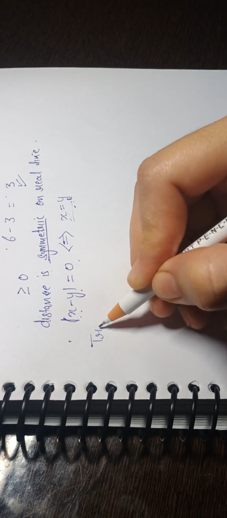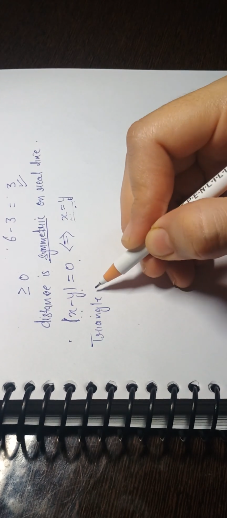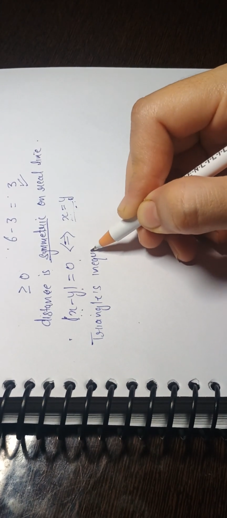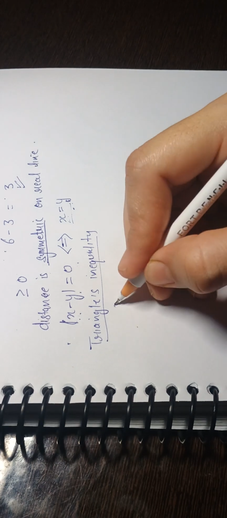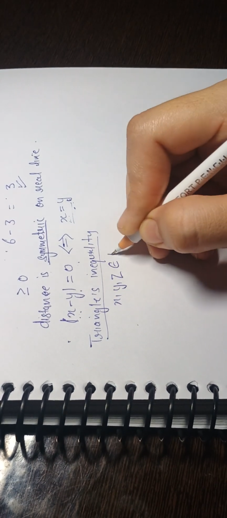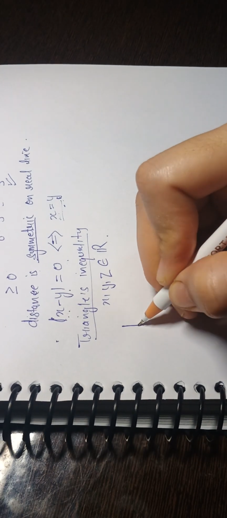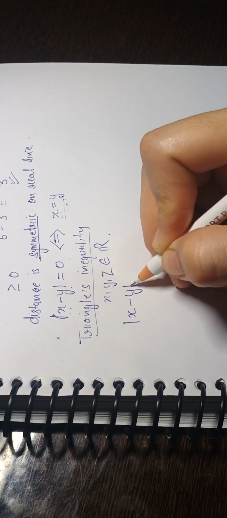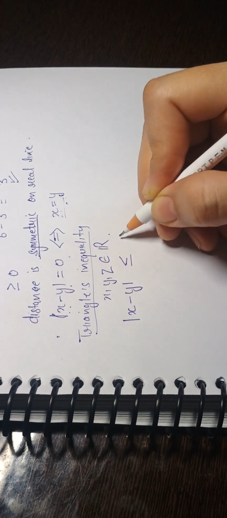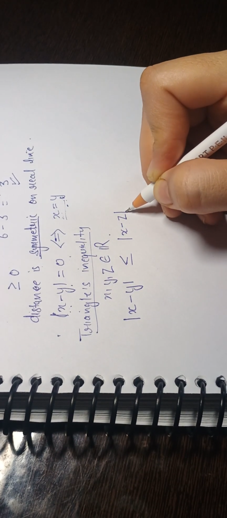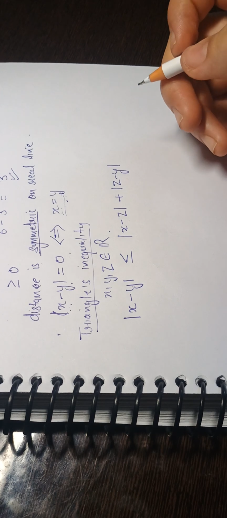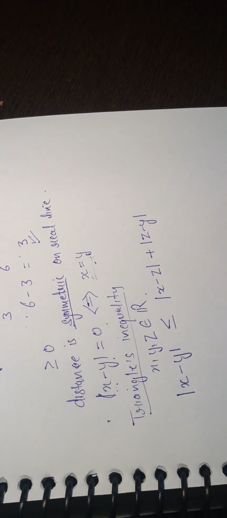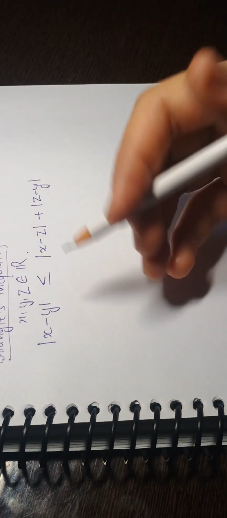Triangle inequality, that is something you have also done already. If I have three elements x, y and z on the real line, then the distance between x and y is always less than or equal to the distance between x and z plus the distance between z and y. So these four conditions hold on the real line. Now I want to define